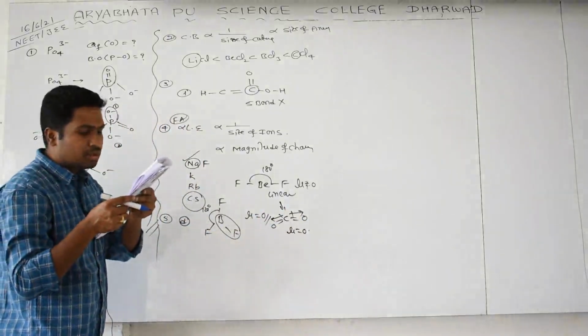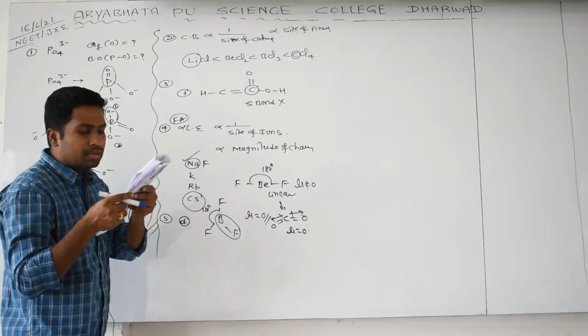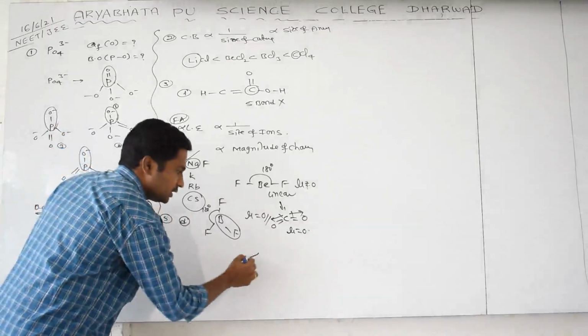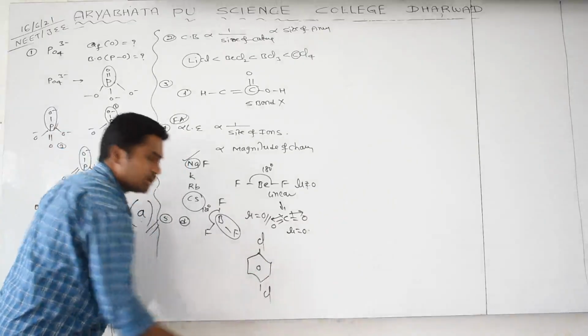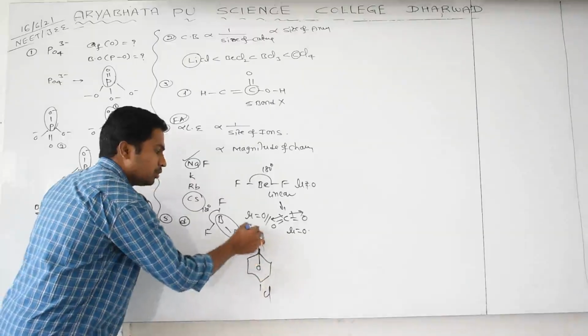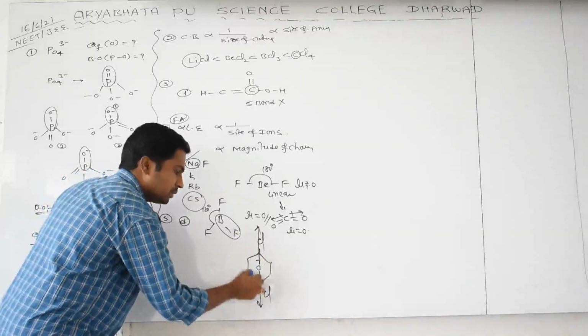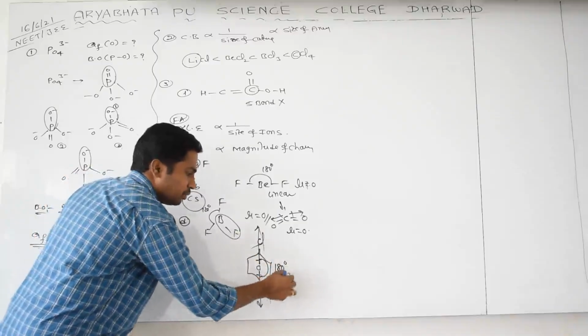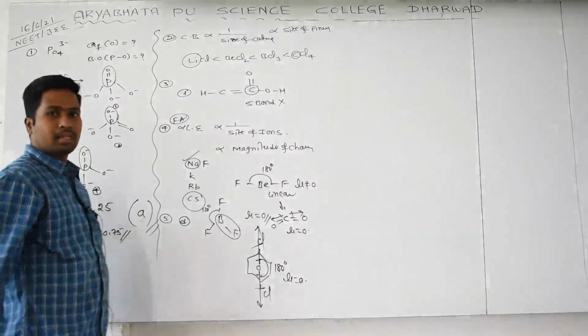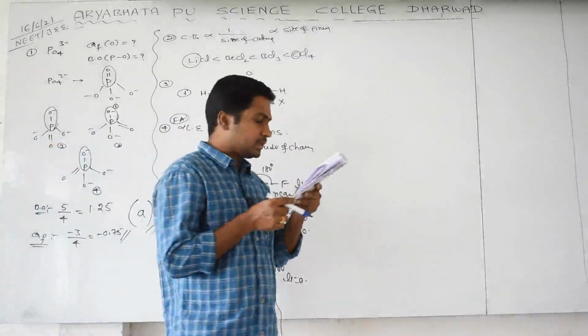Go for the last molecule, 1,4-dichlorobenzene. Yes, yesterday we saw this one. As the angle is increasing, the dipole moment is decreasing. In 1,4-dichloro, this bond moment is upward and this bond moment is downward, making the angle 180 degrees. Mutual cancellation, net moment is zero. Okay, go for next.